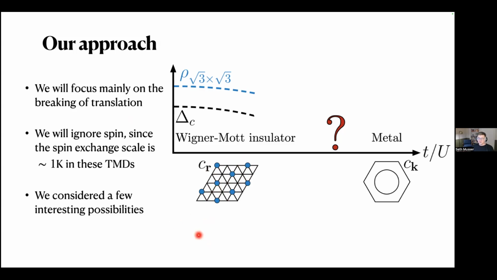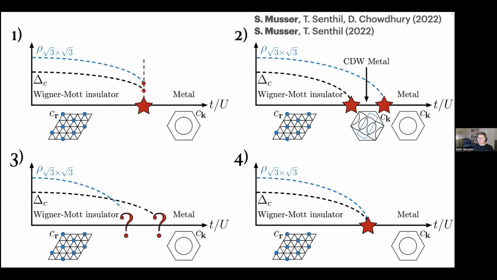Okay, so we ignore spin and we just think about spinless electrons. And we thought about several interesting possibilities. I throw these up here in no particular order just to give you a sense of what we did, but I'll be choosing to focus on one today. Let me give you a brief taste. So the first one is the simplest scenario. We just have a first order transition where we immediately develop charge order and open up a gap between these two phases. You could also have a more exotic scenario, which is number 4.